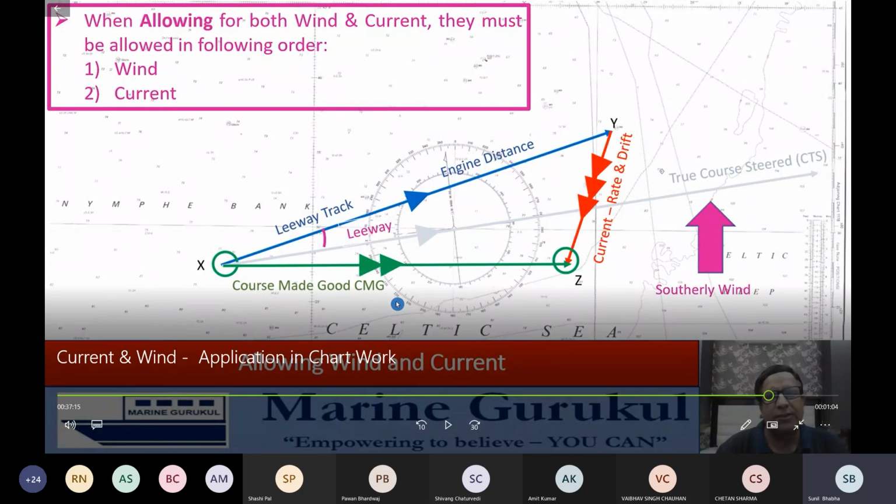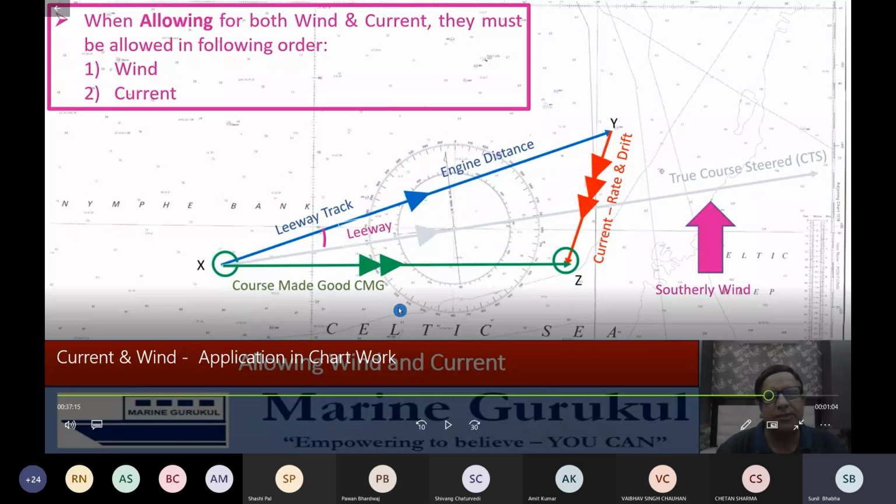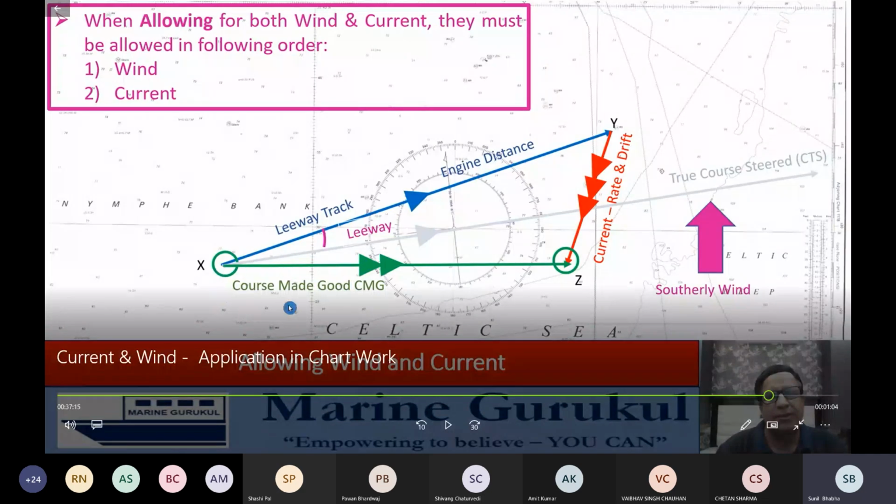अगर हम जीपीएस इंफॉर्मेशन पहले ही ले लेते हैं फिर तो हमें कोर्स मेड गुड फाइंड आउट करने की जरूरत ही नहीं है. Is it right? Clear. So this is in that particular scenario when you are in deep sea and GPS has stopped, GPS not working, so we do not know what is our course made good and what is our distance made good. We need to find it.